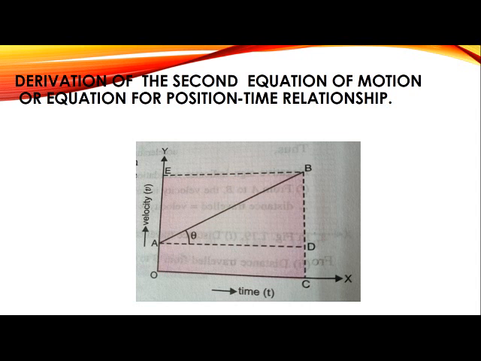So here again, remember, initial velocity was OA, the final velocity was CB, right? The time is t, and in the graph it will be shown by OC. Understand, OA is equal to CD and OC is equal to AD. And the line AB refers to the acceleration. Remember that the body was not initially at rest. The body was already in motion and it moves from point A to point B.